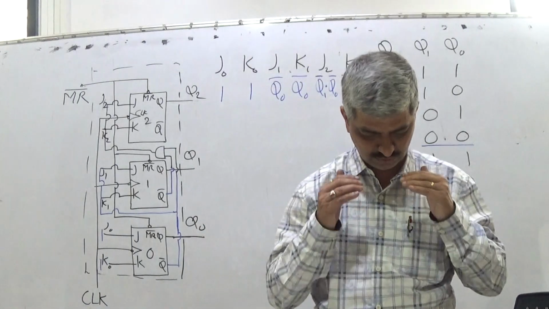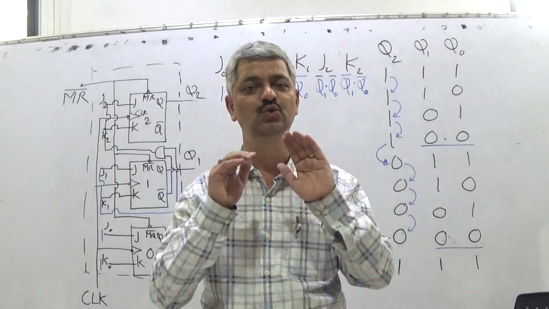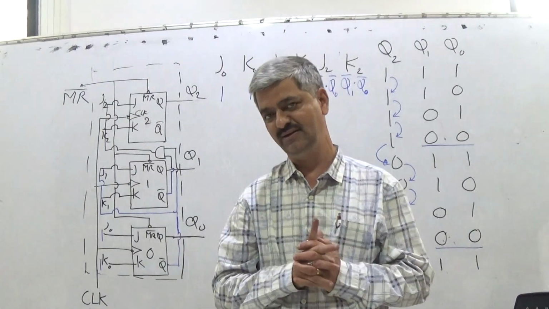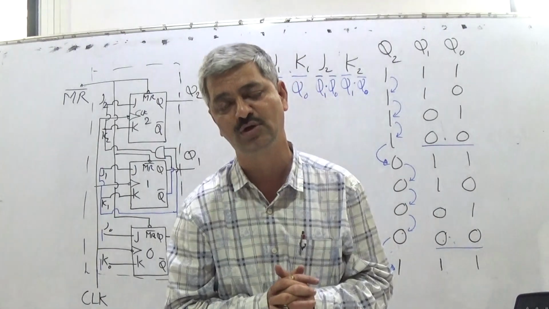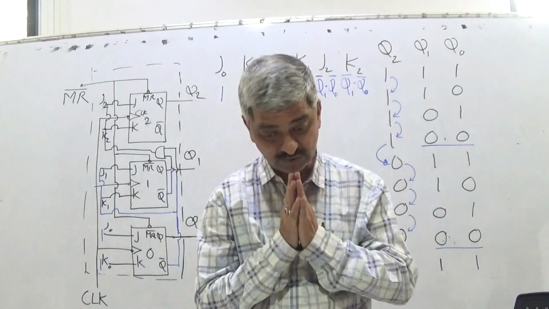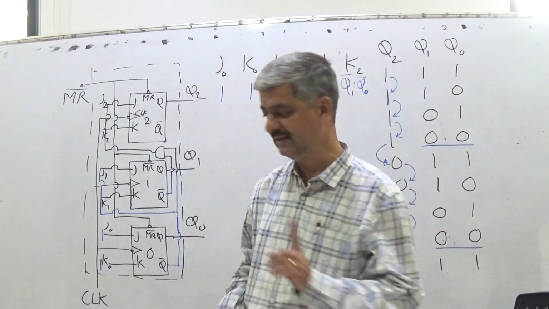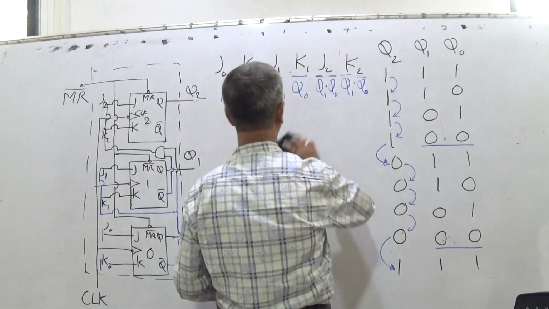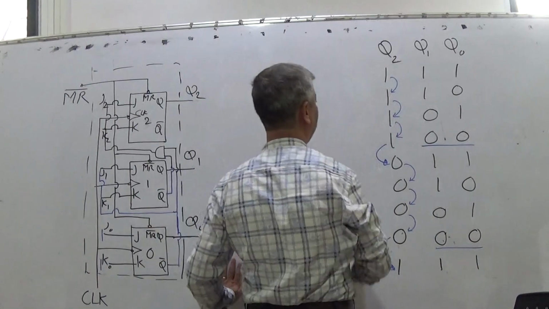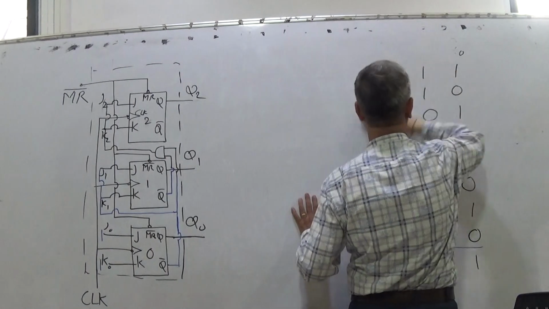Generally, if it is an n-bit counter, it has 2 raised to n states. So a 1-bit counter has 2 states, a mod 2 counter. A 2-bit counter has 4 states, a mod 4 counter. A 3-bit counter has 8 states, a mod 8 counter. Now if I want a counter to count less, I will take an example. We can directly take an example of mod 10, but we start with the basics: a mod 3 counter.